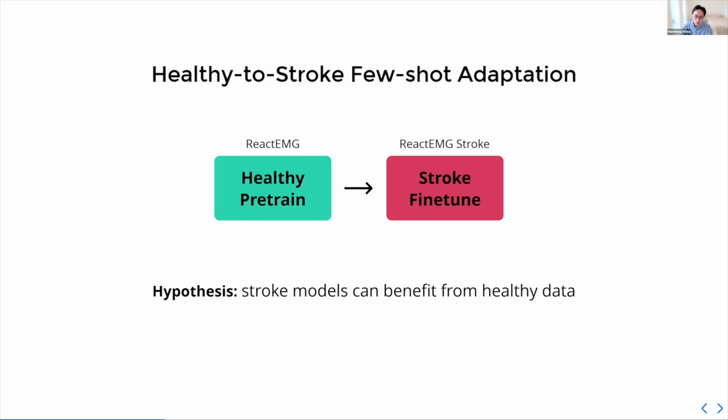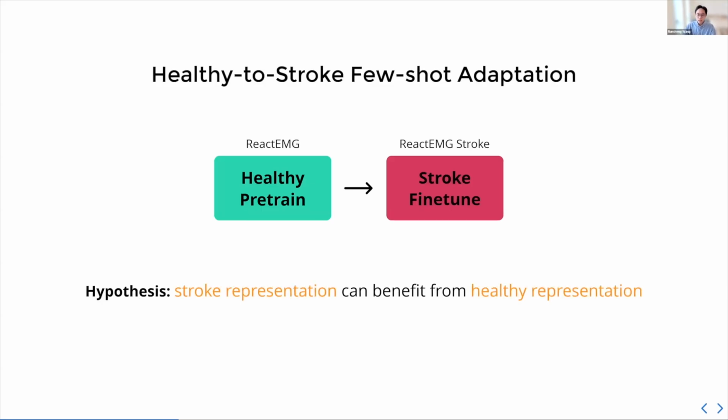But we think it's still worth investigating because when you think in terms of models, stroke can really be seen as a deviation from this healthy manifold, this healthy representation space. We think that learning this deviation from healthy is actually easier than learning everything from scratch. This is the fundamental idea that we're trying to pursue here. A better way to formulate the hypothesis, therefore, is: are the representations transferable and useful when we start not from random, but from an initialized pre-trained space from a healthy model?